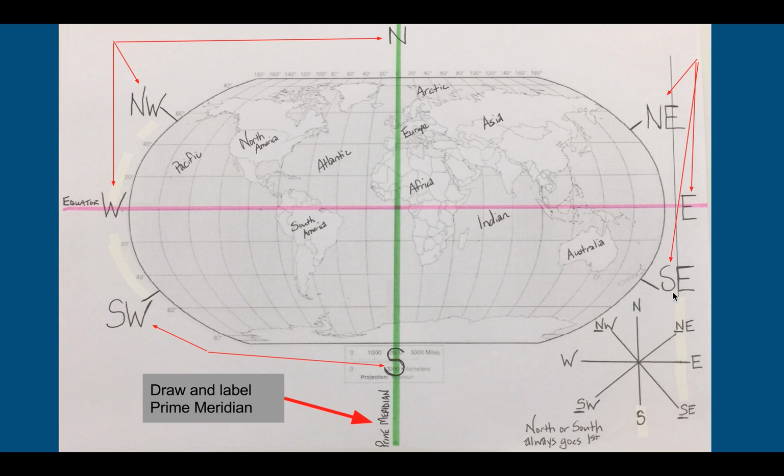Very, very important that you do that, because if you do, it's going to make it very, very easy to calculate and to find latitude and longitude, which we are going to do a little bit later in this video lecture. So please make sure that your map looks identical to the map that you see on the screen. Of course, you do not have to draw in those red arrows. Those red arrows are meant to just get your attention so you know exactly what you need to be filling in on your map.